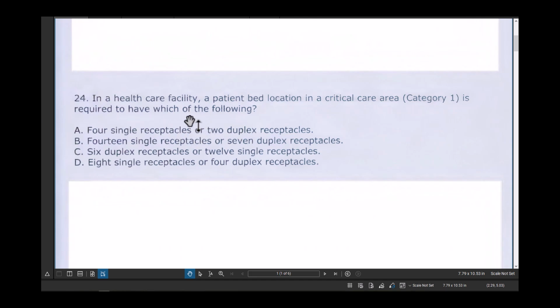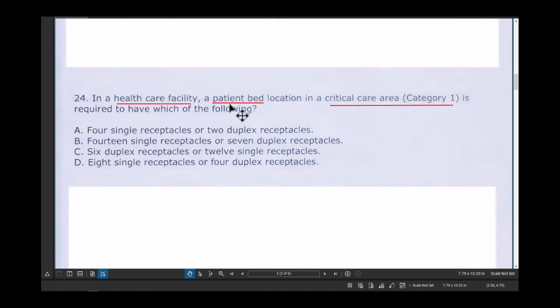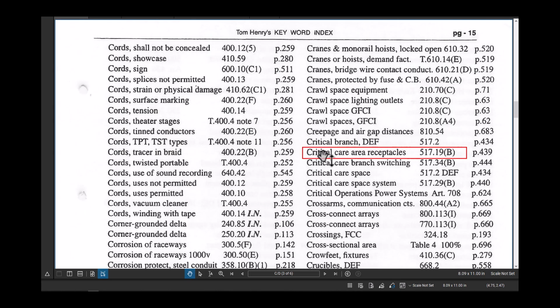You see here we're looking for healthcare facility as a keyword, and we're looking for critical care area, which is category 1. Everything we're looking for is related to receptacles. Let's highlight what we have: healthcare facility, patient bed, and critical care area. And as I said, the receptacle is what we're looking for. Let's go to Tom Henry's index. Critical care area receptacles